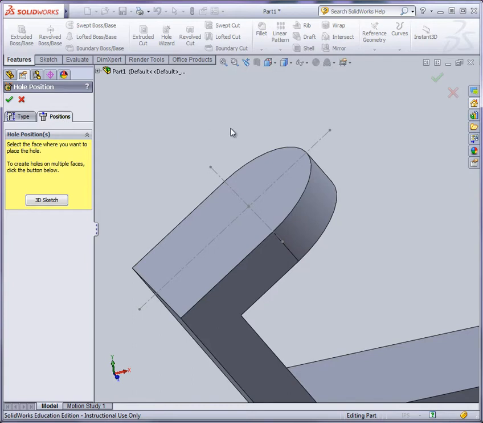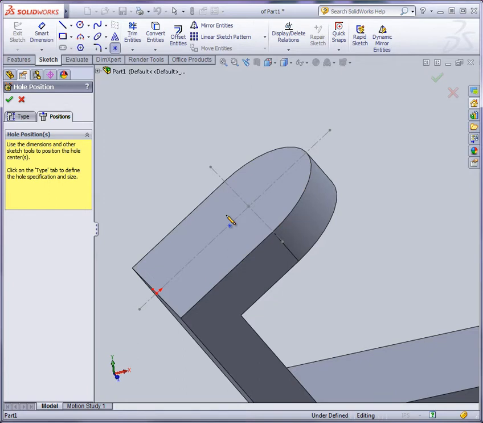It's with positions where we come over here and we select the face where we want to put it. Now immediately look what happens, right? Is there any way that I could snap to that intersection? Well, I can, only because I put a point there, right? But look at this. When I click on the point, nothing happens, right? If I click off to the side, now you can see that I can place, with the pencil there, my